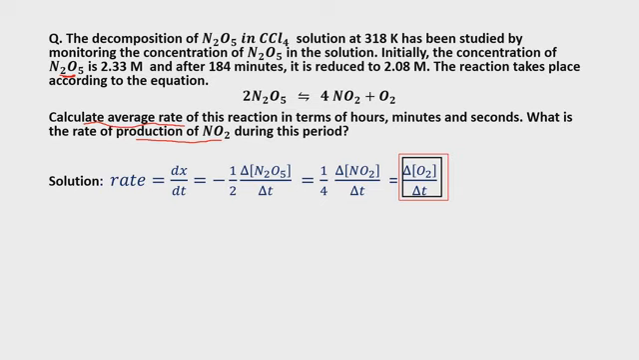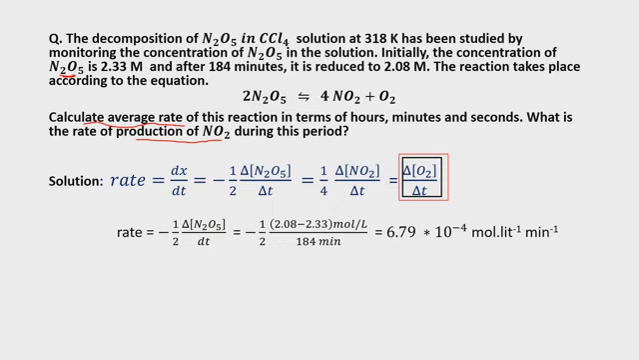So N2O5 is here, NO2 is here. Completely, we haven't seen any data regarding oxygen. So first we are closing the O2. Next, rate equal to minus 1 by 2 delta N2O5 by delta T